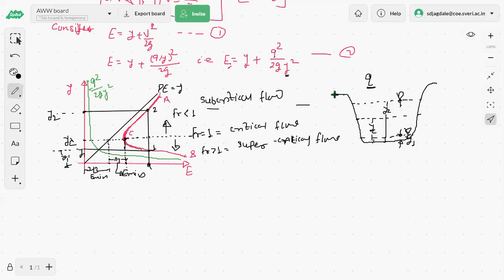So likewise we have these conditions, and at one of the depths the specific energy won't become less than that. That associated flow depth is YC, the critical depth, and the associated specific energy is E minimum. याच्यापेक्षा आपण कमी specific energy करू शकत नाहीये. That specific energy is called the critical specific energy or minimum specific energy, and the associated depth of the flow is the critical flow depth, beyond which we will be able to pass the same discharge of the same specific energy at different depths.